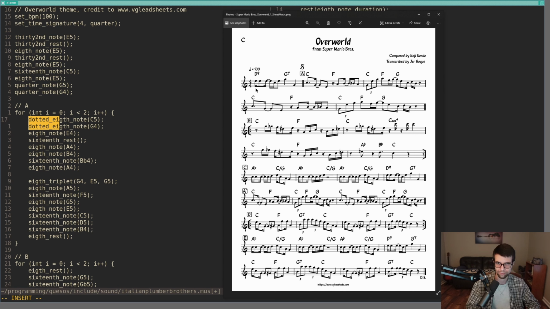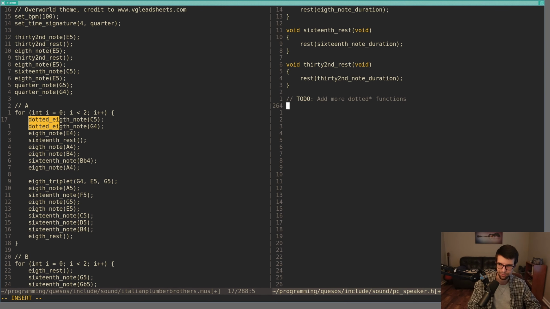A dotted eighth note would be 3 out of 4 16th notes. So it adds a 16th note duration to the eighth note to make 3 out of 4 for one beat instead of 2 out of 4 for one beat. So it's more like 1 2 3 1 2 3 1 2 3 1 2 3, and you can get sort of syncopated rhythms out of that. That's a bad explanation for a dotted note, but yeah, it adds half of its duration to its full time value. So for a dotted eighth note,